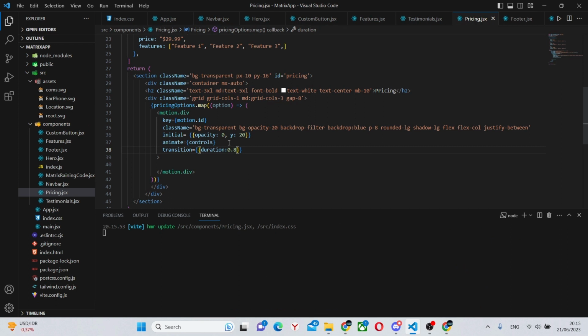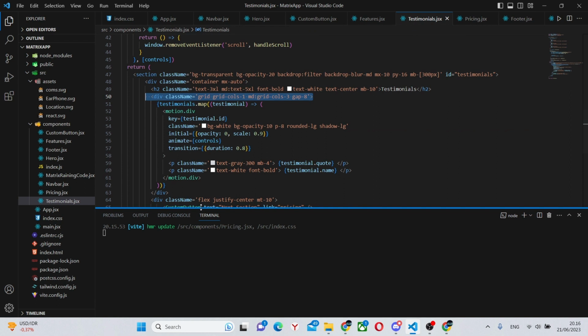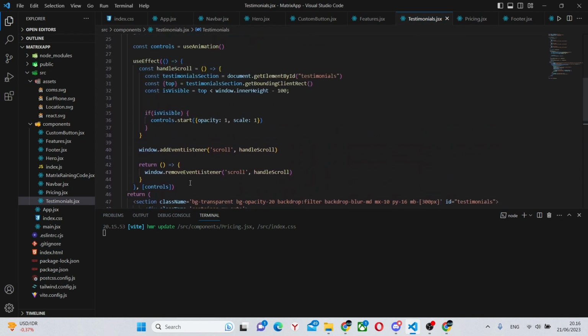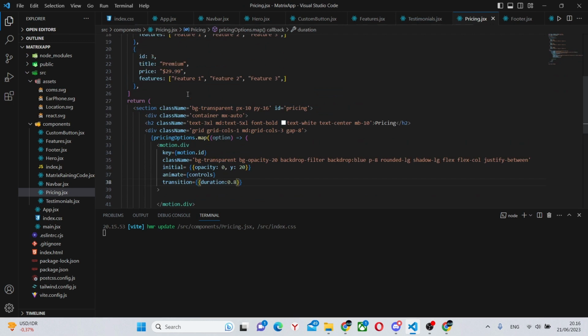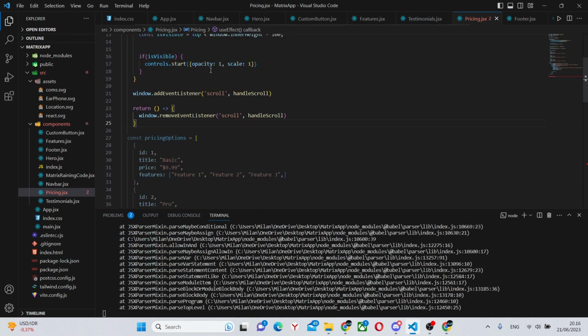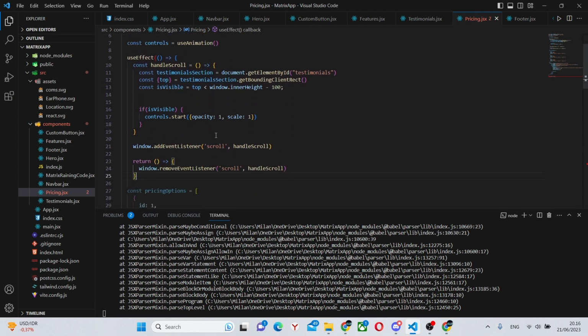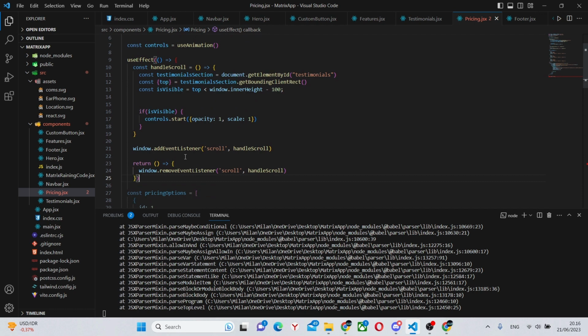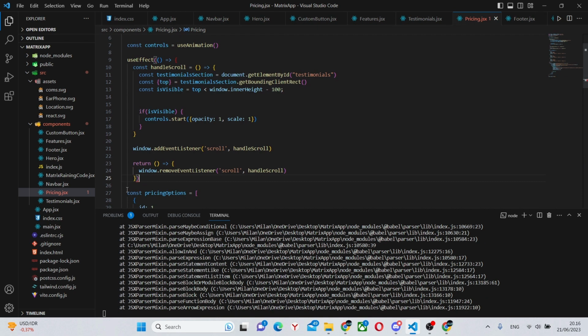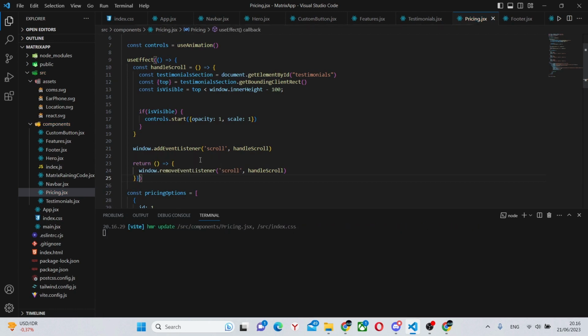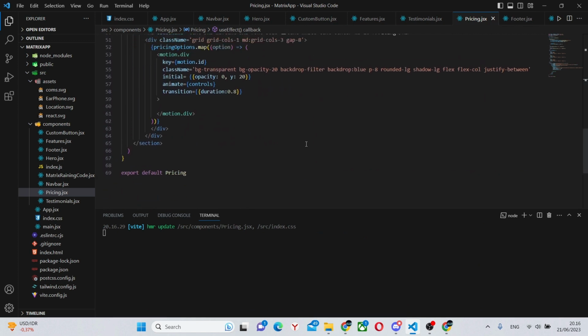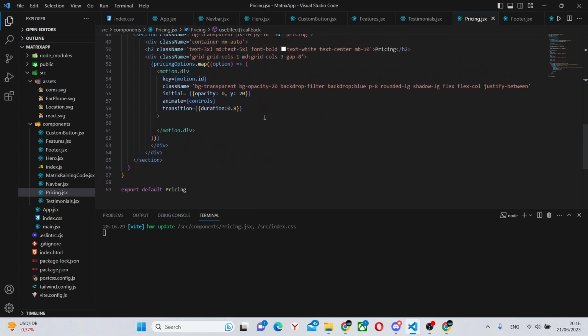So now we can actually create the controls. They should be essentially the same as the ones in the last part. So we can simply copy this useEffect and the controls part with it and paste it over here. There is an error for some reason. We might have not closed some brackets. It appears we haven't closed all of these ones. Yes, now it is actually closed. We can continue working on this part.